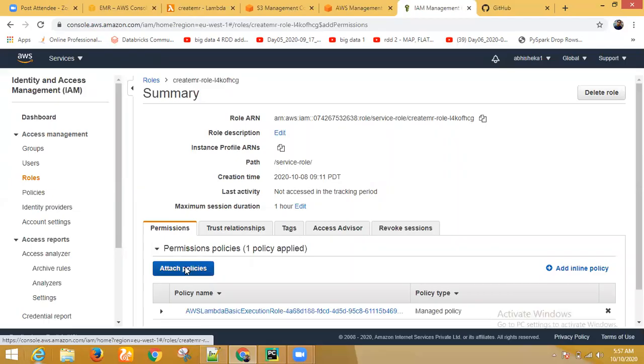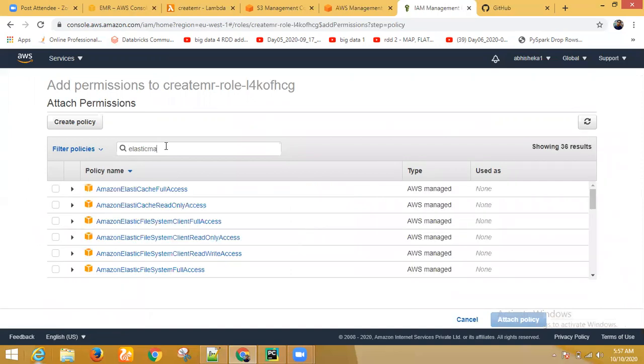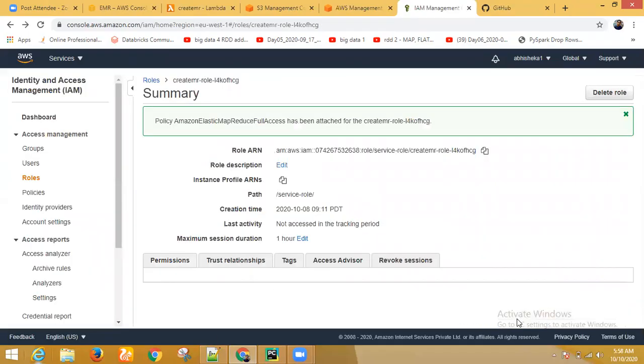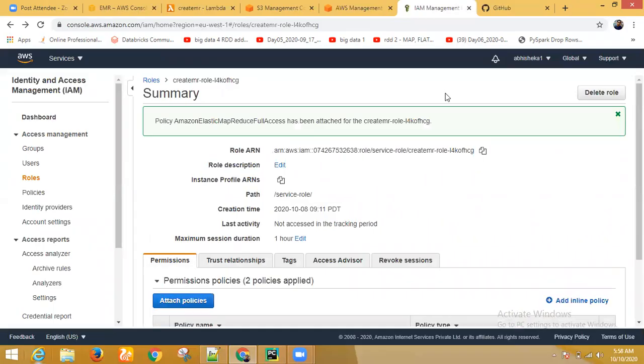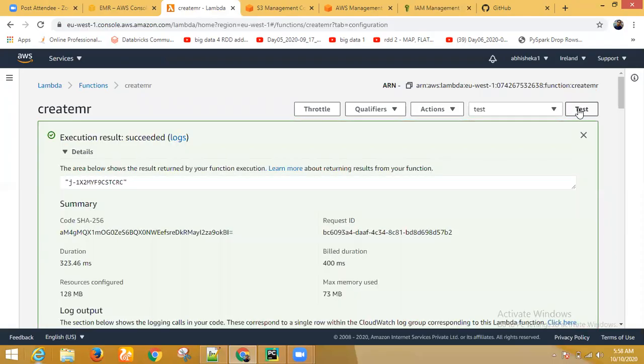Attach policies: Elastic MapReduce, Elastic MapReduce full access. Okay, that's it. Now we can go again and try creating the cluster again.